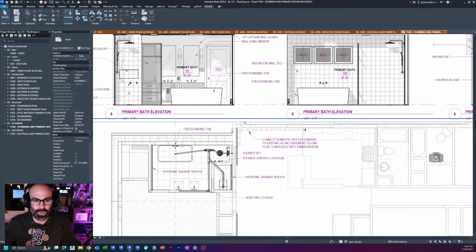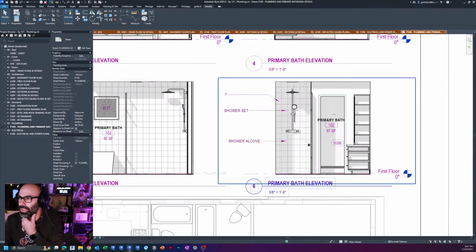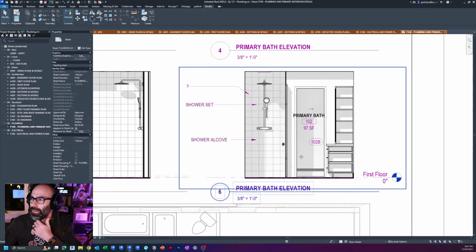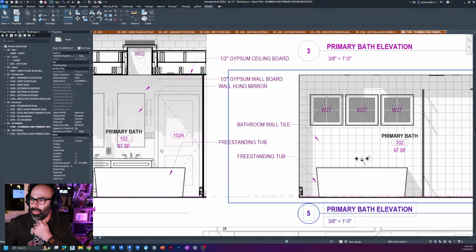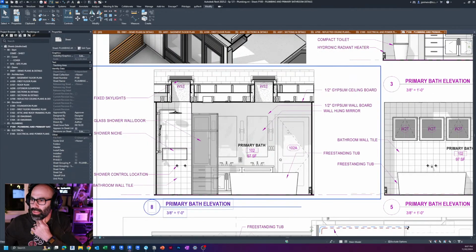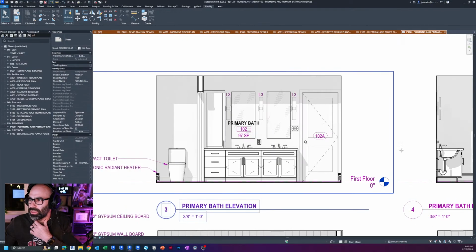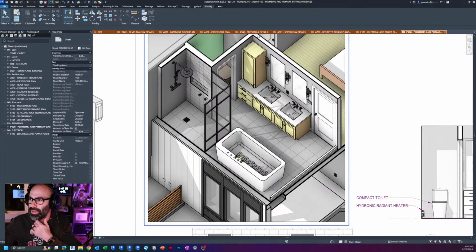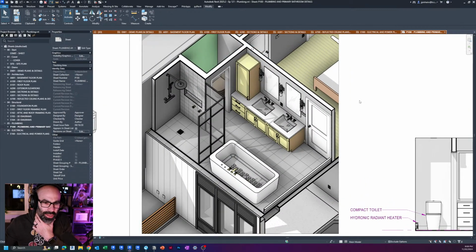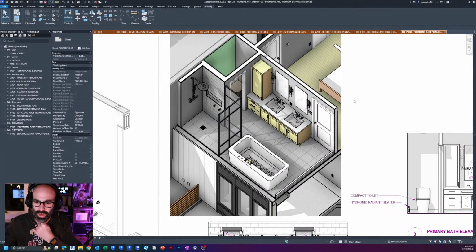And so here's the plumbing drawing. Here's the current version of the primary bath. So you can see here some elevations of it, another elevation of it here, another elevation there, and then a nice little 3D axon of it. Again, just to show design intent, to show what we're trying to do, to explain to not just myself, but